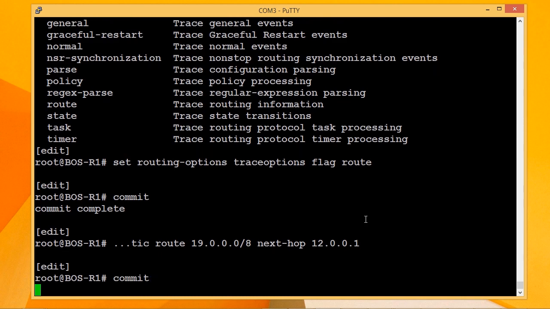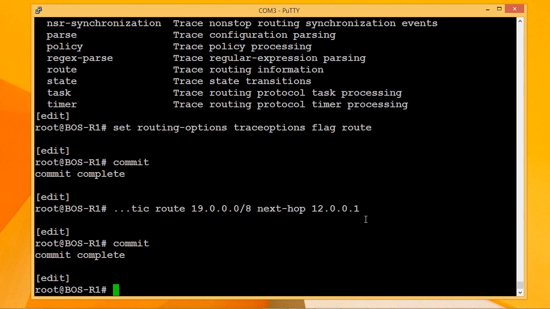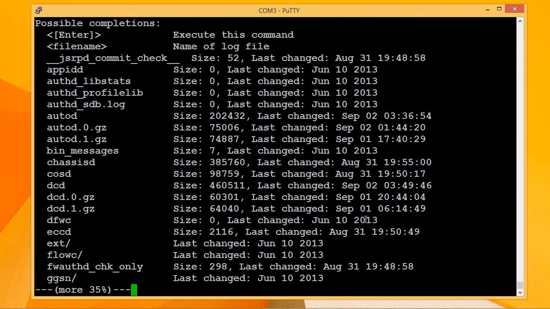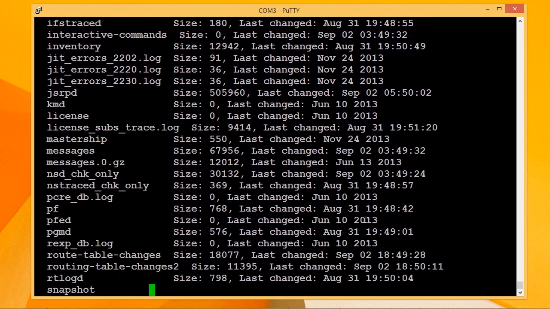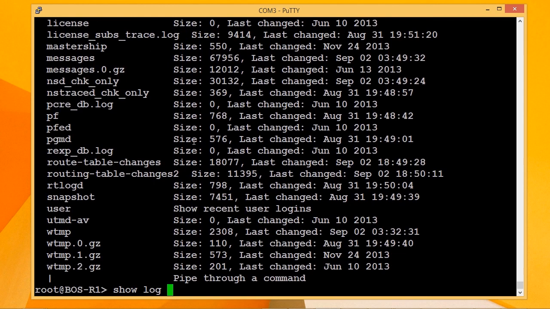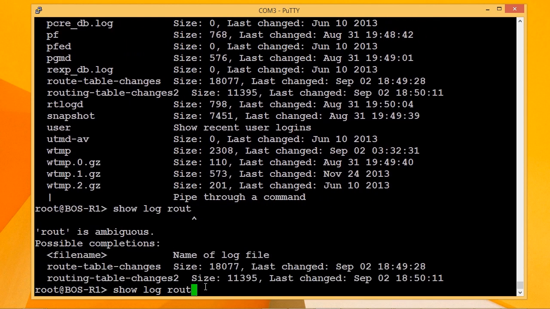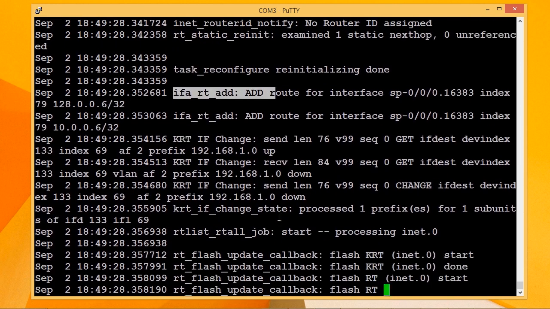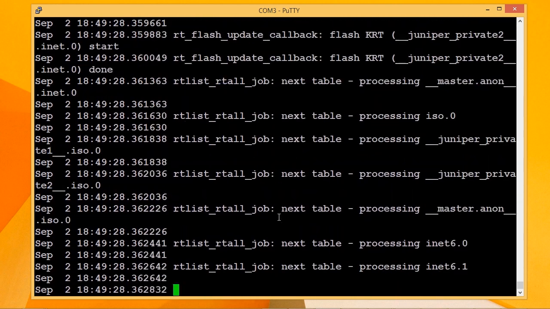So I've added a new static route, and I did that after I enabled tracing on route events. So if I go back to operational mode and I use the show log question mark, I'll see a list of log files. And I'm looking for, there it is there, I have a file called routing table changes 2. So I'll hit enter on that, and you can see that it contains routing information, so events that have occurred. So if I scroll through my list here,